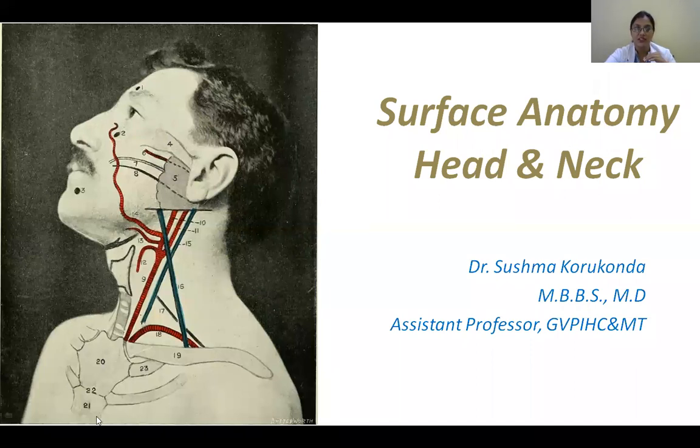So what are the bones that are found? This is your sternum, which you can palpate. And here you can see this. So what is this red line, which is looking like something creeping on the face of this person? This is the facial artery. And why is this so tortuous like this? Because in reality, you haven't seen the dissection of the head and neck actually, you make out the facial artery. The facial artery is a branch of your external carotid. If you can just palpate here, you can feel the pulsations on the face, and that is your facial artery. That has a tortuous course.